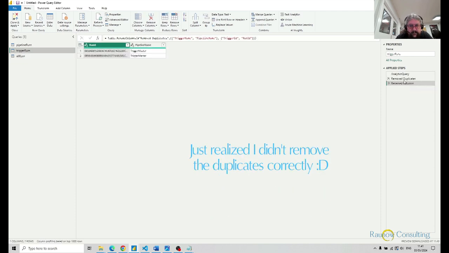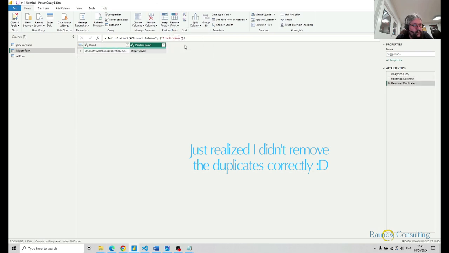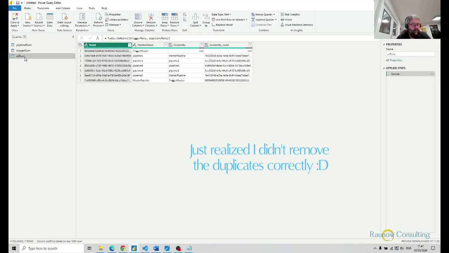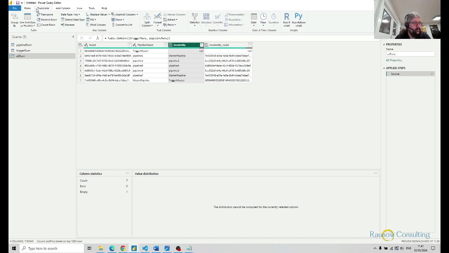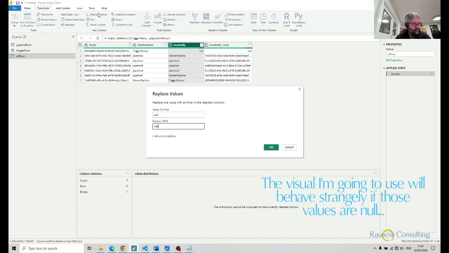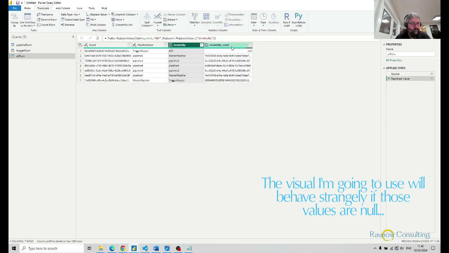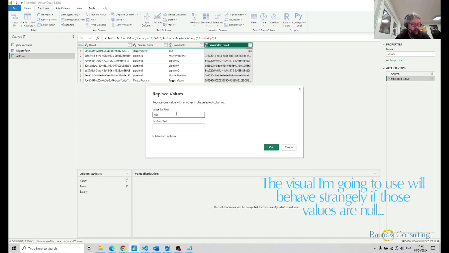It seems I didn't remove the duplicates correctly. I should have removed it on the name. Yes, there we go. And also we're going to have to make a slight replacement here. I'll just say ADF. And for run ID, we will just say